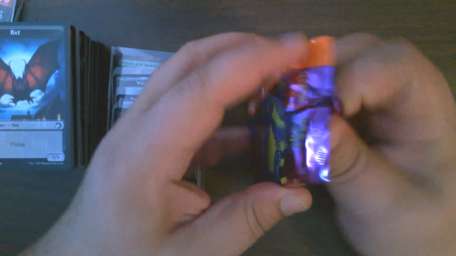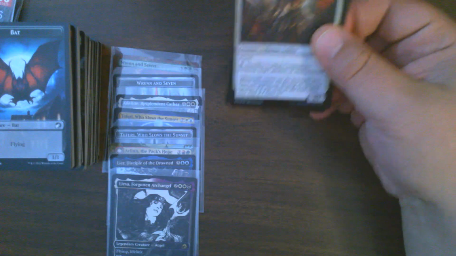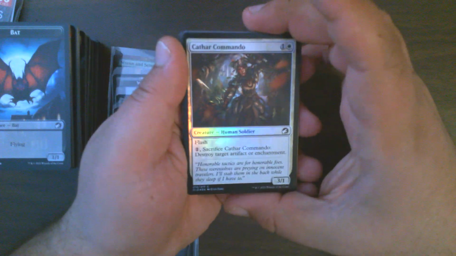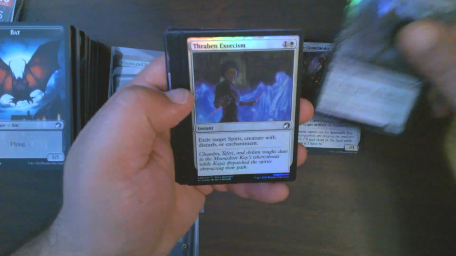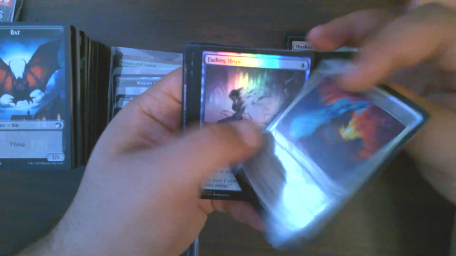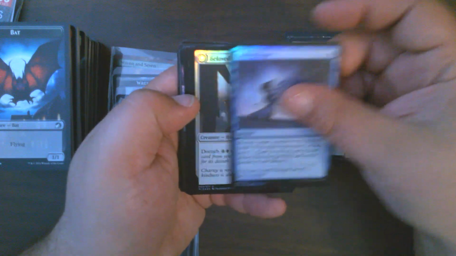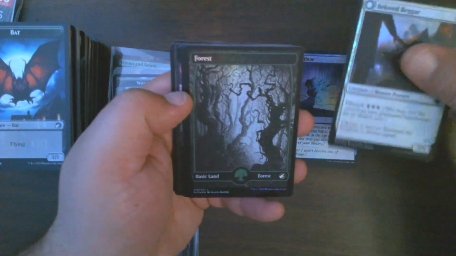Alright. And for the 12th and final pack. We have Cathar Commando, Hobbling Zombie, Raven Exorcism, another miscollated flip card with Morning Apparition and Morning Patrol, Foil Fading Hope, might actually see play, Beloved Beggar,